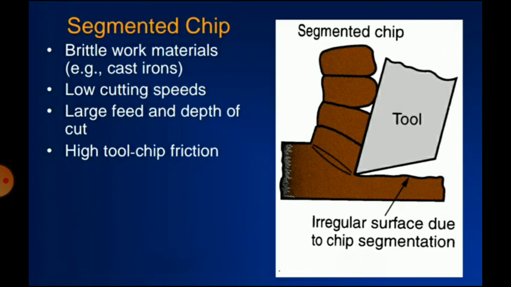Now the first type of chip is the discontinuous or segmental chip. You can see the diagram of discontinuous chips. You can see the segments of the chips that are formed during the metal cutting operation, so it is called discontinuous chips. The work, the tool, and the type of chip are shown in the diagram. These chips are usually produced when cutting brittle materials like grey cast iron, bronze, etc.